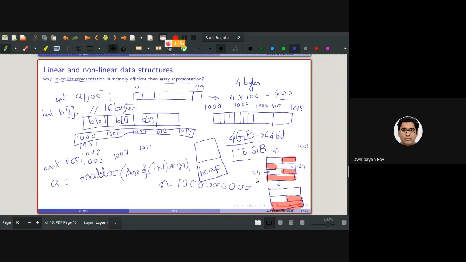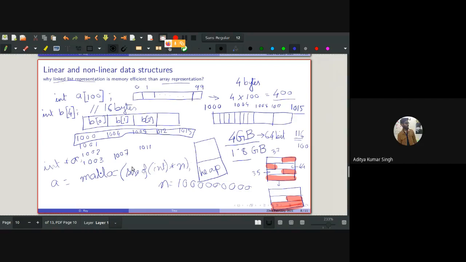But for this case, as Aditya you are saying, there is actually 116 bytes, if I do the maths correctly, available here, and this much is free. But as I want to allocate 100 bytes of memory in an array, it will not be getting that much space. So it will create a problem even though more than that is available. It is called the fragmentation problem. I hope I have been able to answer your question, Aditya.